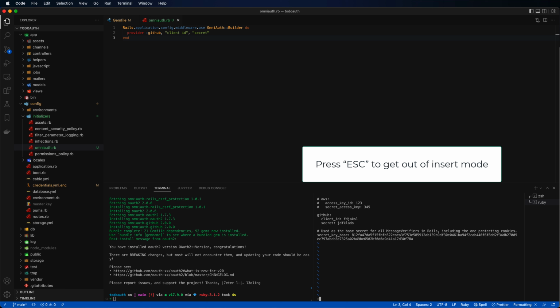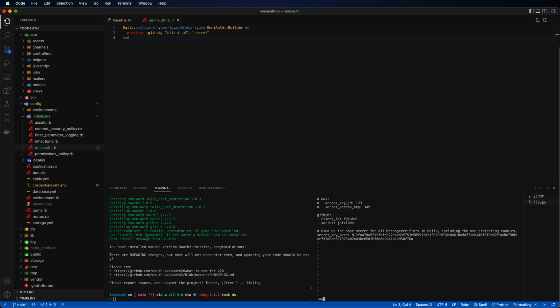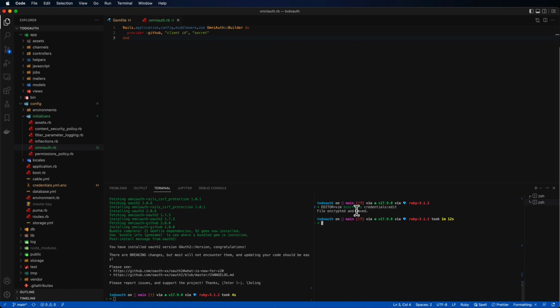And then you press ESC first to exit out of insert mode, and then :wq will write the credentials to the file, encrypt it, and then quit your editor. And when you see file encrypted and saved, then everything went well. If you see an error message, then you might have to go in and maybe delete. If you used your tab button, then you have to delete the tabs,